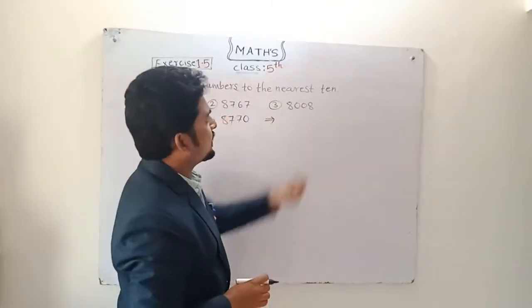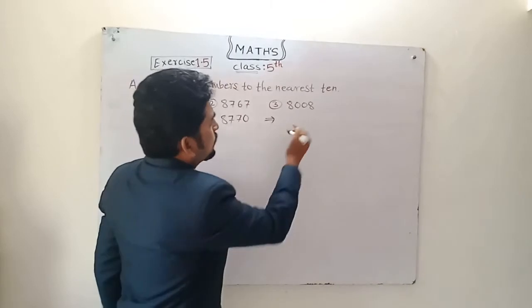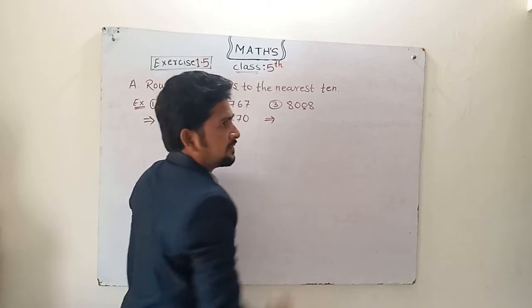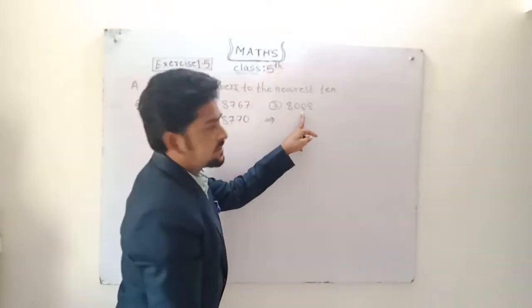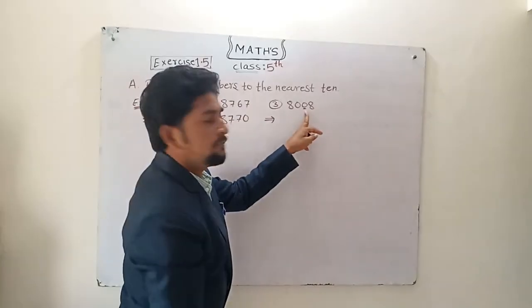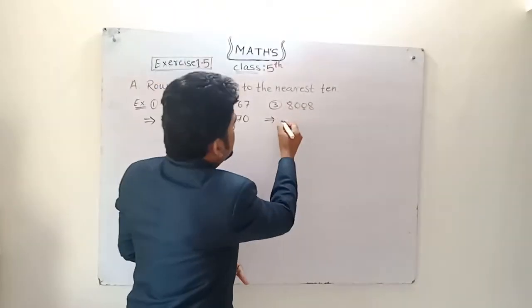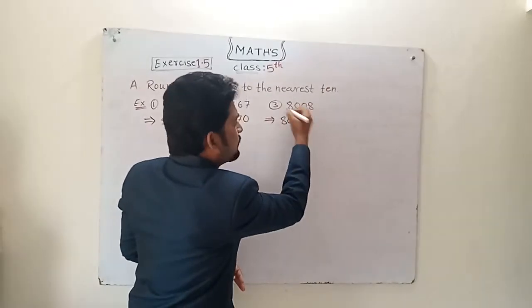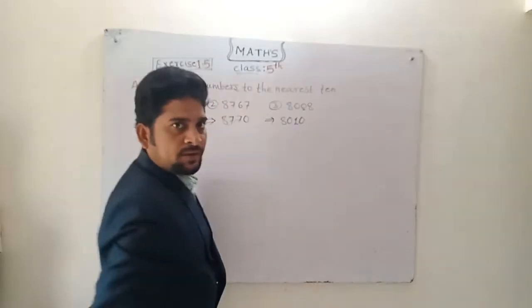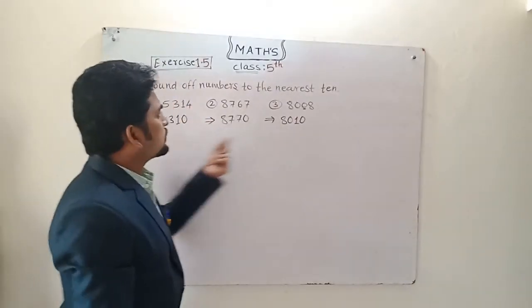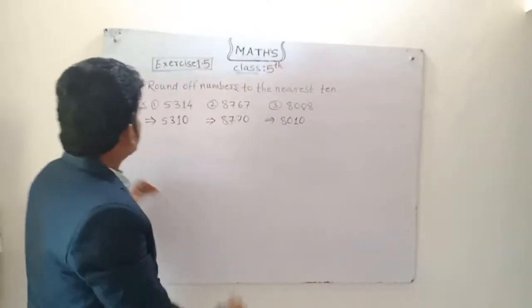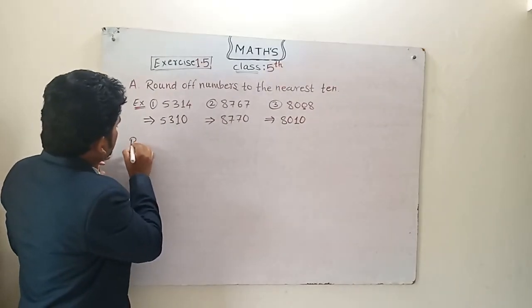8008. Okay. Nearest 10 we have to round up. Ones and tens. The tens place is 0 only. After that it will be the same, otherwise it will change. After that 8 is there. More than 5 obviously. So 0 will convert to 1. 80 will be as it is. This 0 will convert to 1 and we have to put the 0. Right? Getting my point? So from these examples, I think you got how to round up to the nearest 10.